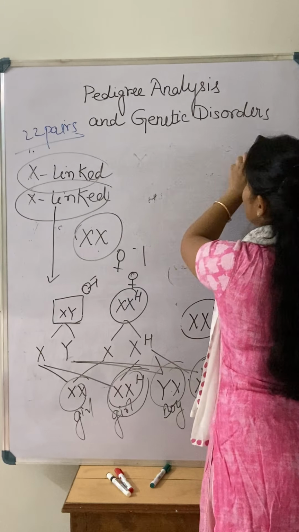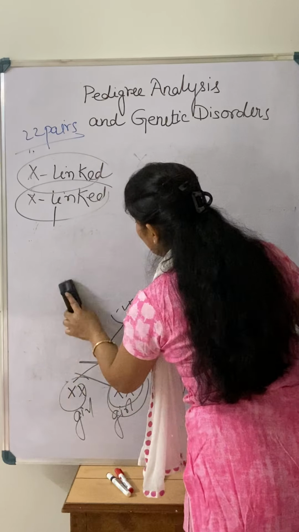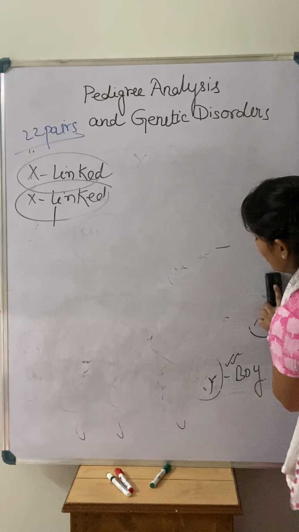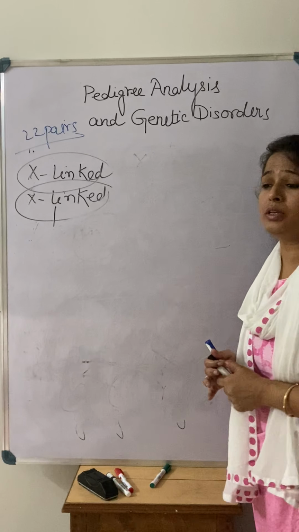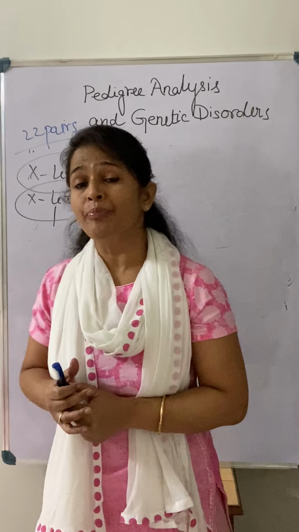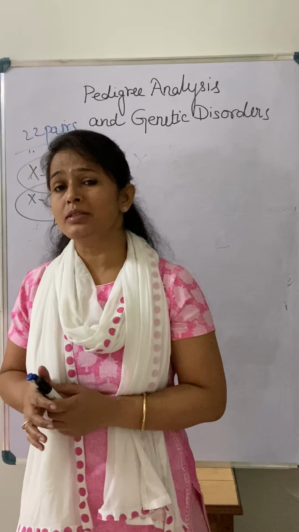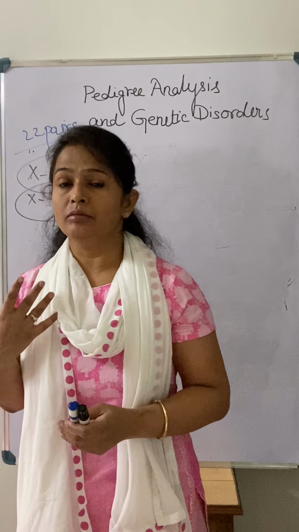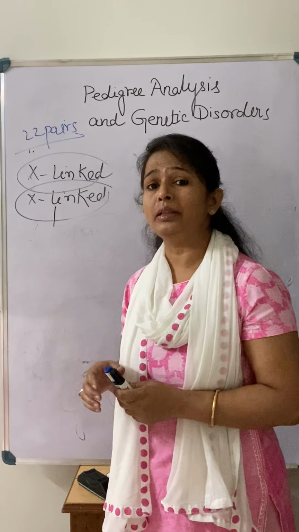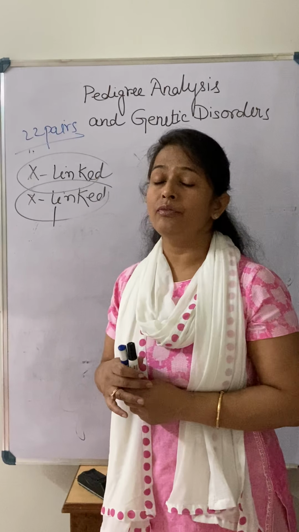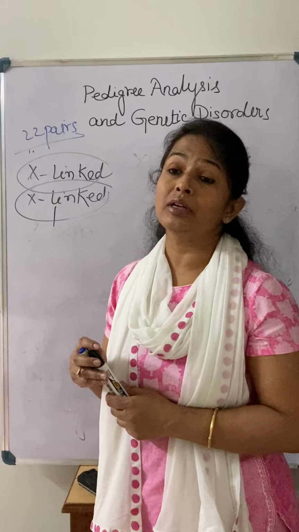Now another common disease that is given in your book is an autosomal recessive disease. That disease is sickle cell anemia, right? What is that autosomal recessive disease? If you talk about sickle cell anemia, what is the meaning of that? In that case, there is one chromosome, the 11th chromosome. In that there is one gene that is responsible for the glutamic acid.